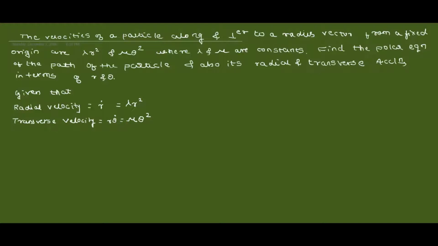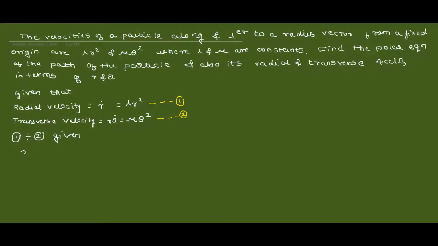We have to find the polar equation. So to find the polar equation, let us say this is equation number 1, and transverse velocity is equation number 2. So now equation 1 divided by equation 2 gives,